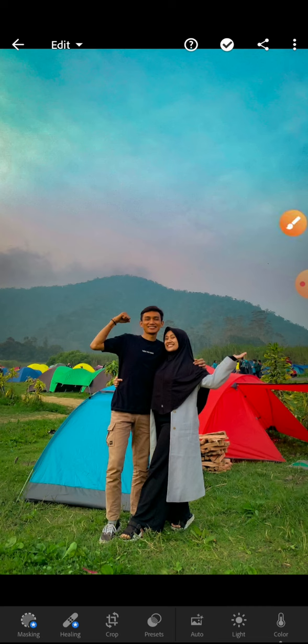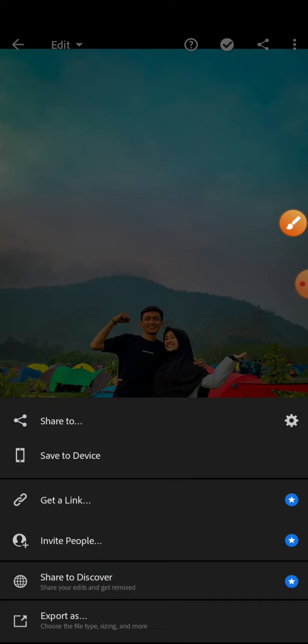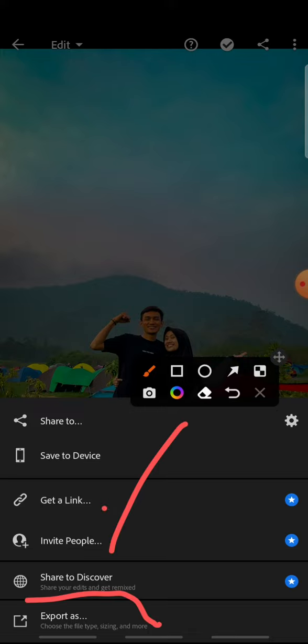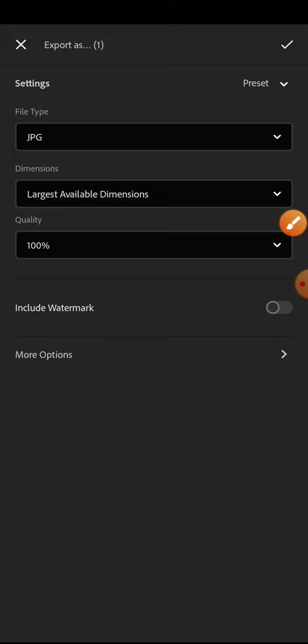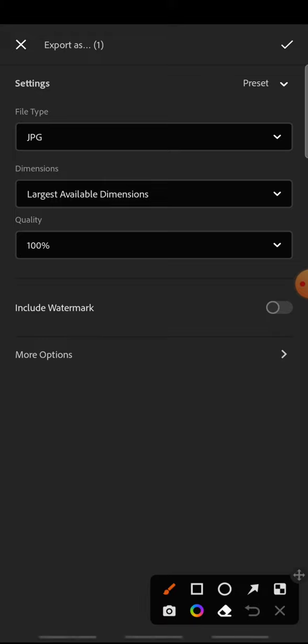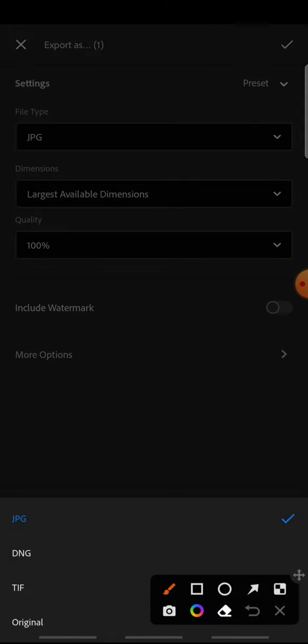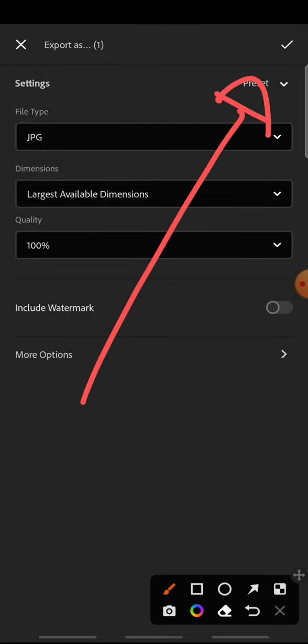photo to JPG, you just click on this icon at the top, click on it, and after this, in here you can click on export as, click on it, and in here for the file type you just click on JPG. And after this, in here you just click on the check icon at the top